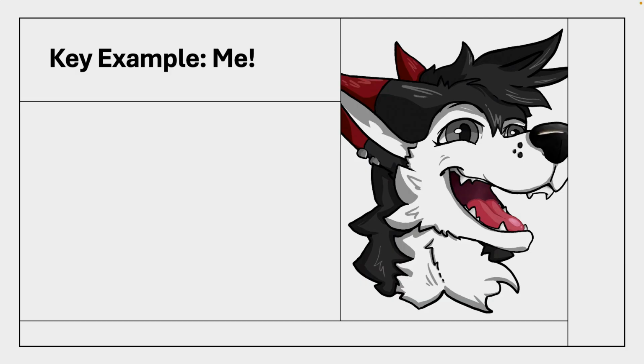So, me, as a key example, I'll give how I found Vanguard as my fursona. The name, Vanguard, obviously, even that was a conscious choice based on my own personality traits. And your name, when you choose your fursona, can be anything. It can be just a word you happen to like. It can be anything, just something that speaks to you. And this was something that spoke to me. So yeah, you can go with that.